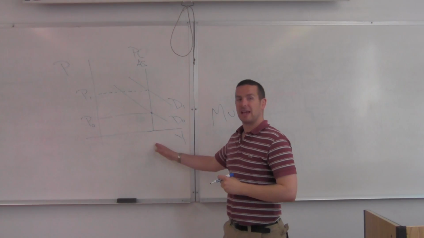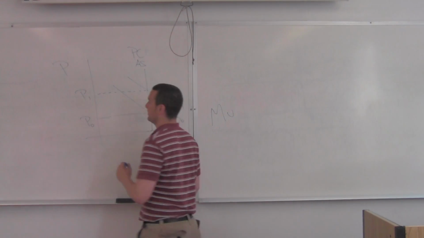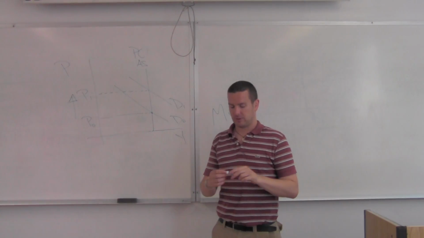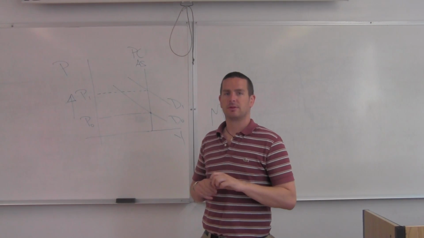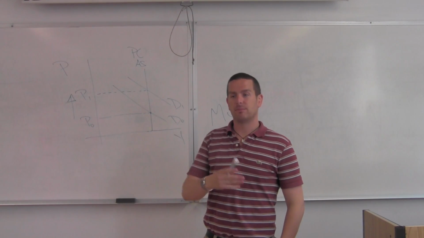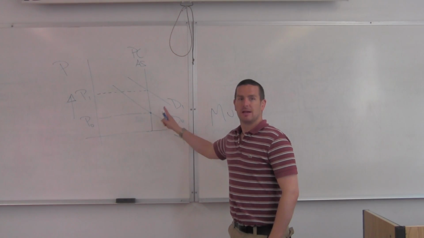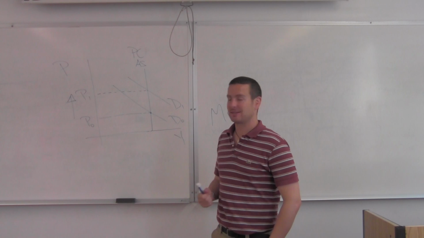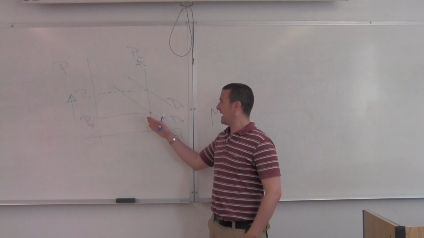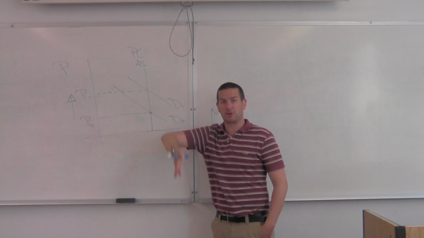Well, we still have the same level of output, but now prices have gone up. Okay? Prices went up. Which means the neoclassical Keynesian synthesis essentially believes demand has no impact on output. Okay? What they're saying with this Phillips curve, with the long-run Phillips curve, the vertical supply curve,